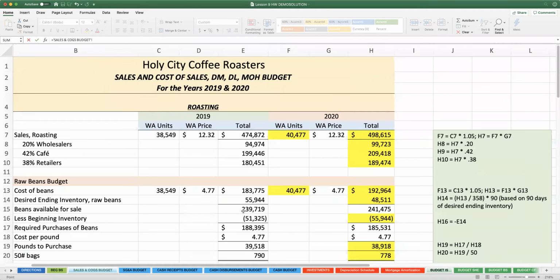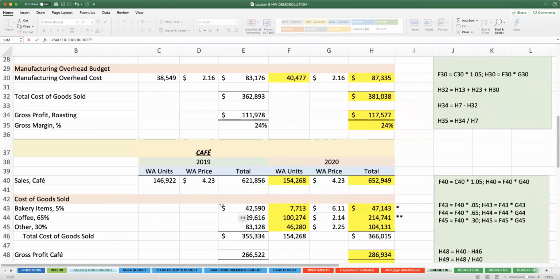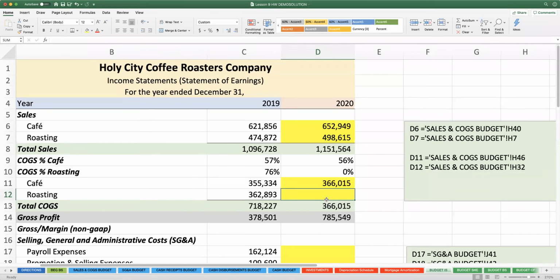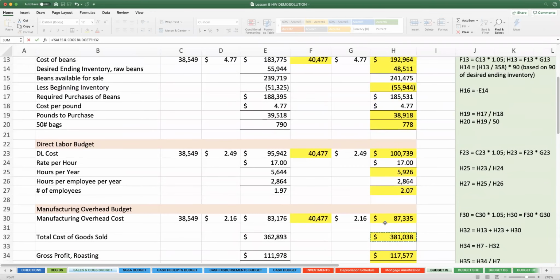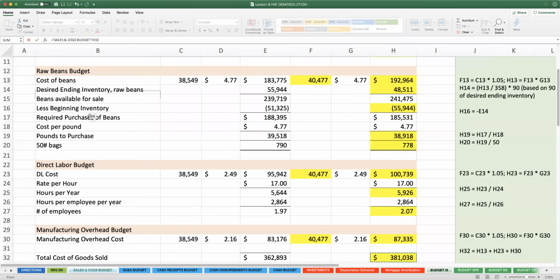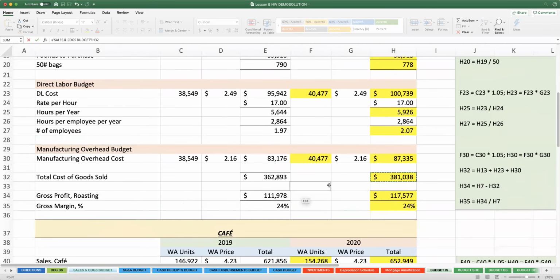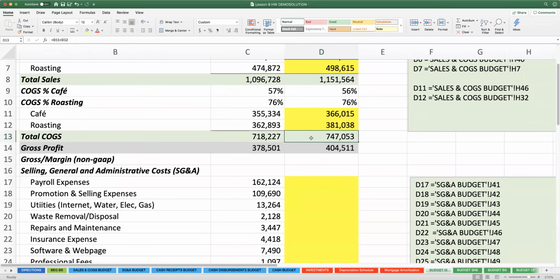Okay, cost of goods sold for cafe is back down with the sales. So in the section, total cost of goods sold right there. And then cost of goods sold for roasting is back also, but near the top. So watch this one, you had to build it out. It included the cost of the beans. It included the cost of direct labor and the cost of manufacturing overhead. So these three pieces were combined to get the total cost of goods sold. Okay, that gives us our new total cost of goods sold and our new gross profit, which is,